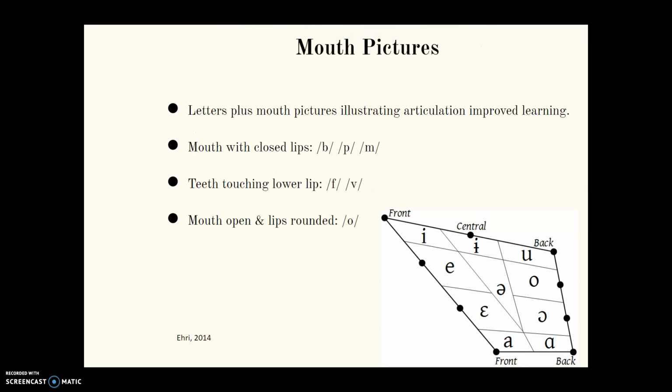More ways to teach this explicitly to students is mouth pictures. Letters plus mouth pictures illustrating articulation improves learning. And so you want to mouth with closed lips letters such as B, P, and M. Teeth touching lower lip like F and V, and mouth open and lips round like the sound O. And here's just a graphic that shows you the front, central,